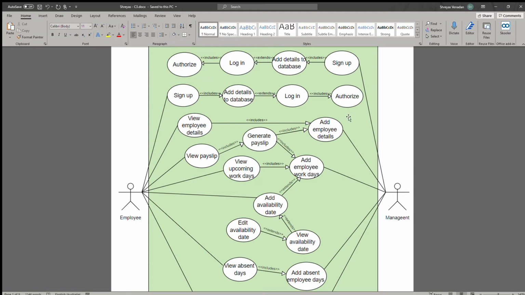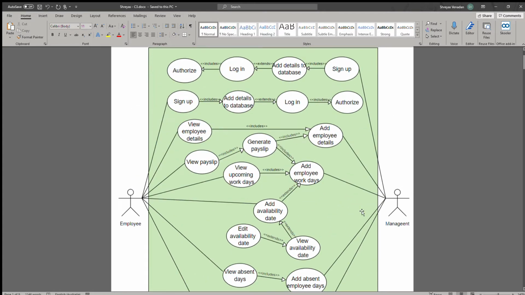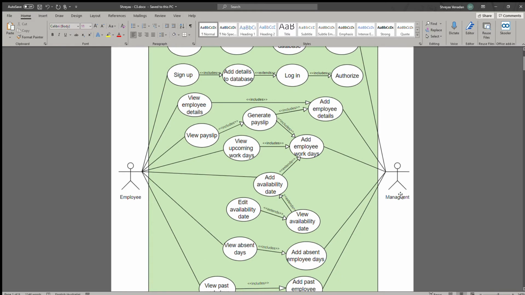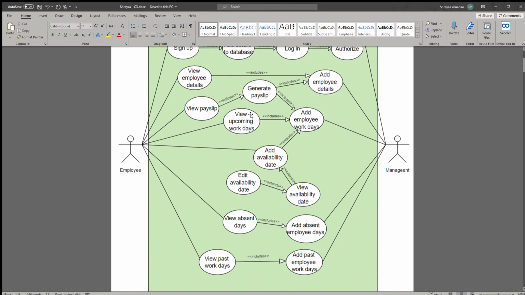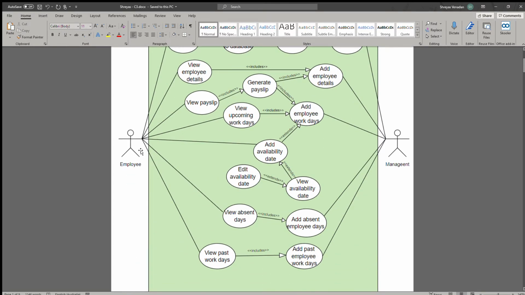This is my C3. So basically, the use case diagram, there's two actors, and these are all the processes and stuff in the middle. Okay, let's get through it. The first actor is an employee, and the second one is the management. So there'll be like two people who are